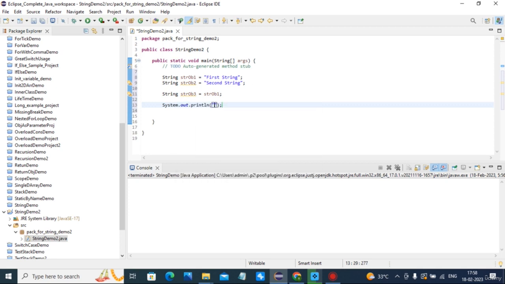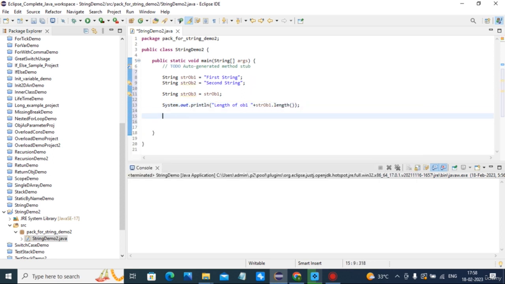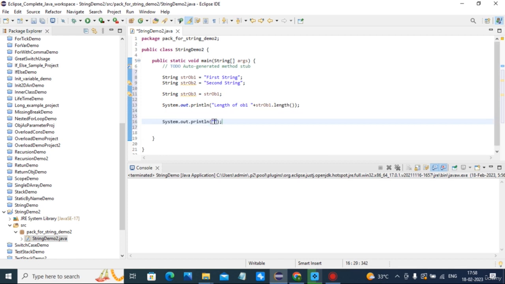First method is length of object 1 is equal to str object 1 dot length. Second is character at string.